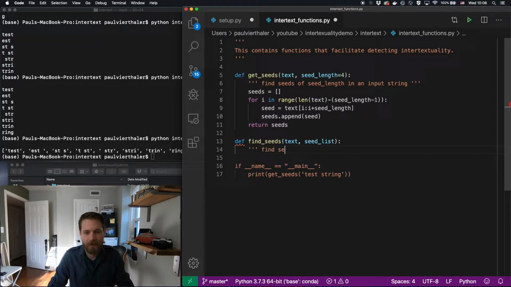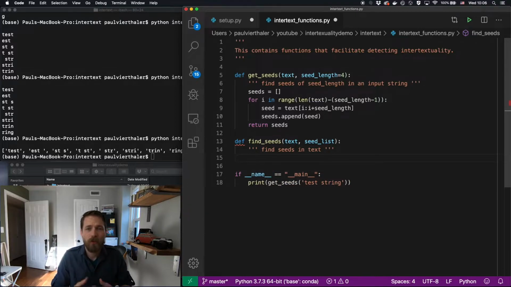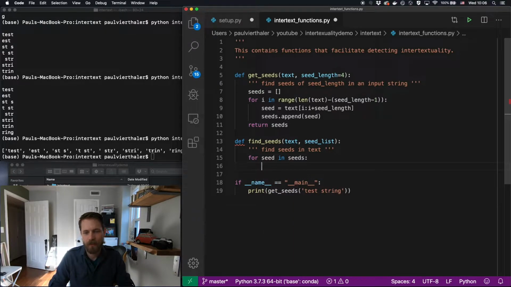So find seeds in second text, or let's just say find seeds in text. Okay? So now what I want to do is I want to iterate through all of these seeds and find where they occur. So for seed in seeds, for seeds in seed list,